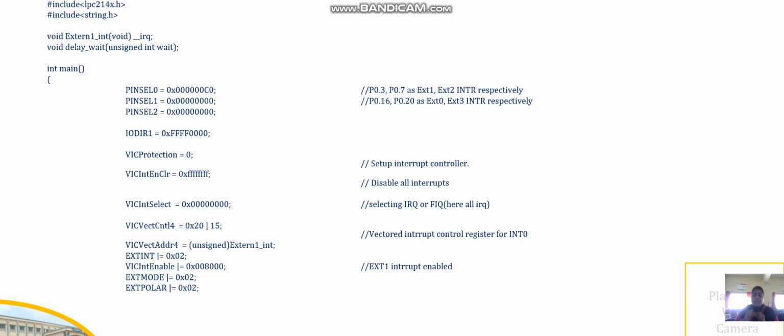Here I am not making any value high, so all the values should be low. Only in pin selection 0, that is the 12th, 1100. That respective bit only I am making high to display the respective value onto our LPC board. So I need the value of C, so I am making the respective bits high.